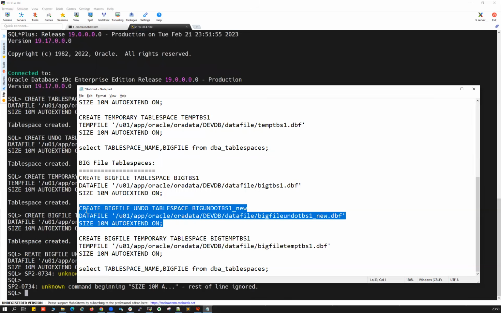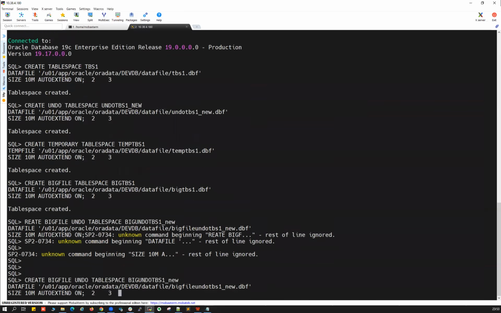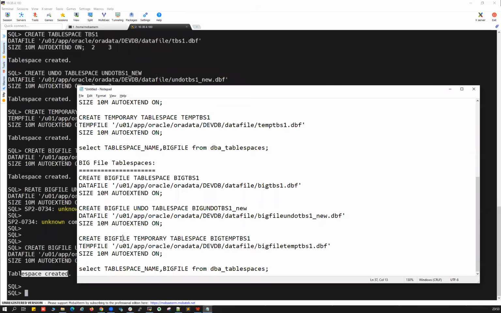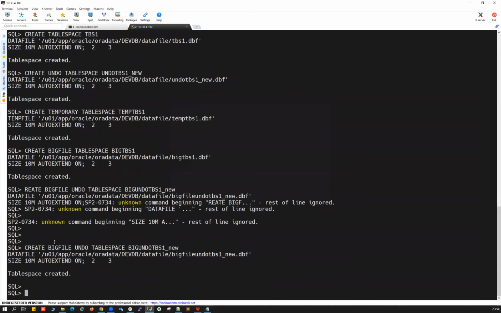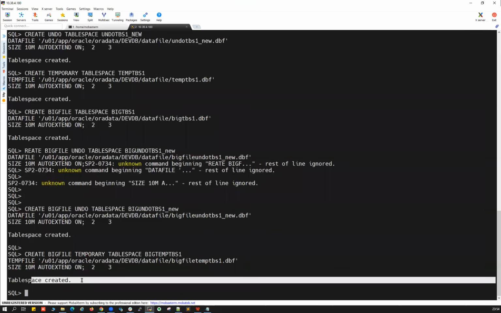Oh, sorry, missed the keyword here. Done. So your table space is created. Now let's go ahead and create a big file temporary table space, right? Table space created. So we are able to create a small file table space as well as a big file